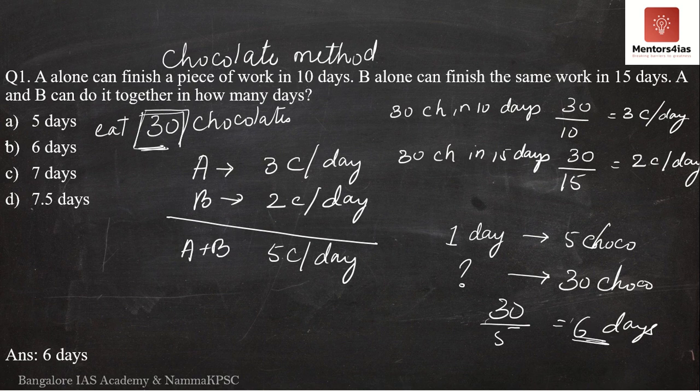Did we not get the same answer now? Is it not 6 days again? It is the same thing. So you can do it by two methods. For simple things, fine, the chocolate method is easier. I'm doing this method so that everybody understands the concept and you're able to appreciate this particular topic. You should not feel that it is difficult all of a sudden because I use x by a, x by b, x by c. But always try to follow the traditional method.